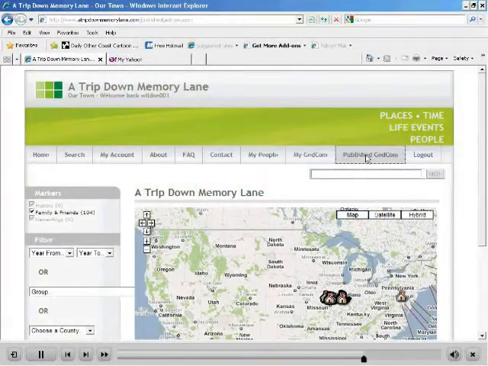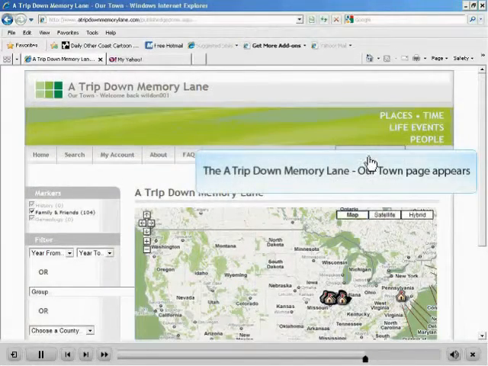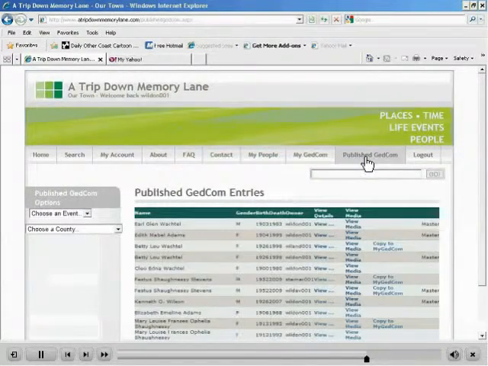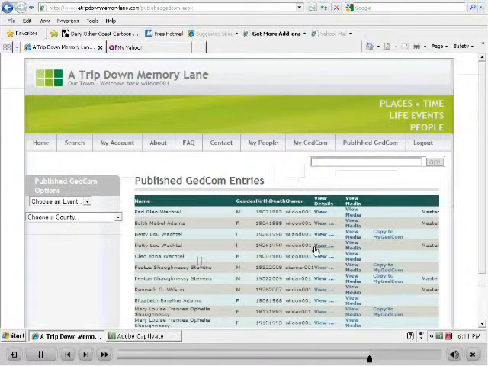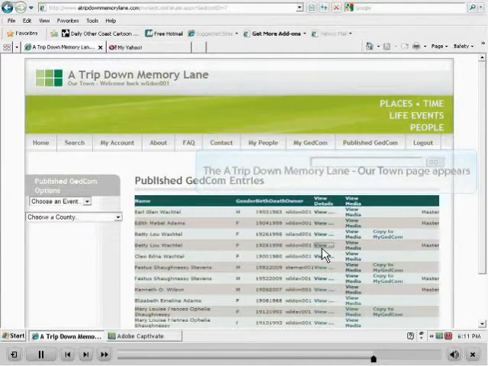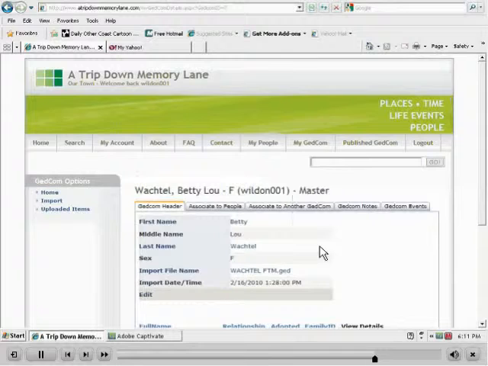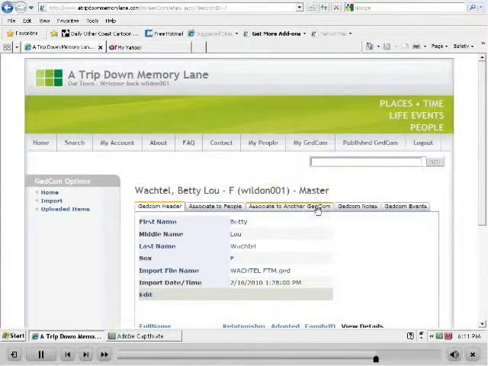So now Don Wilson logs in, and he sees Betty Lou Wachtel, owned by Andrew Wilson, and he will subordinate that published Gedcom entry to his master.